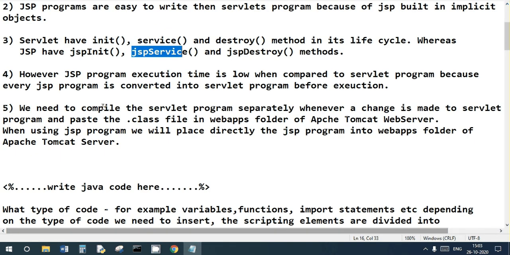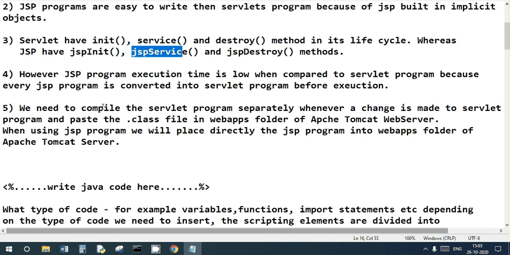When compared on execution time, JSP is slower than servlets, because every JSP program when executed will be converted into equivalent servlet code, and only then does execution begin. This is the extra step in JSP.